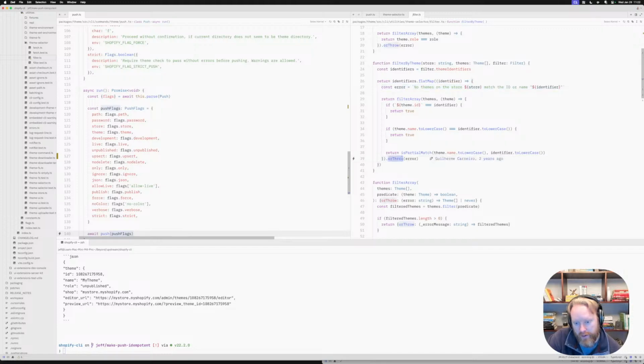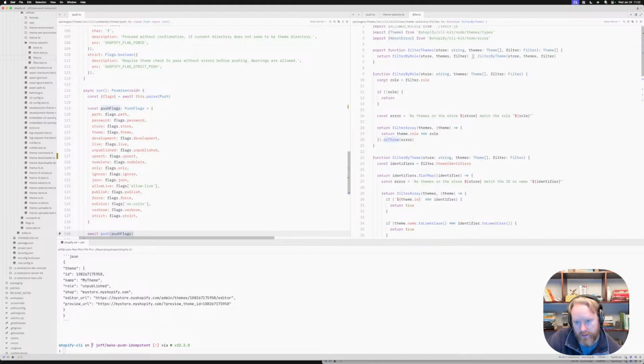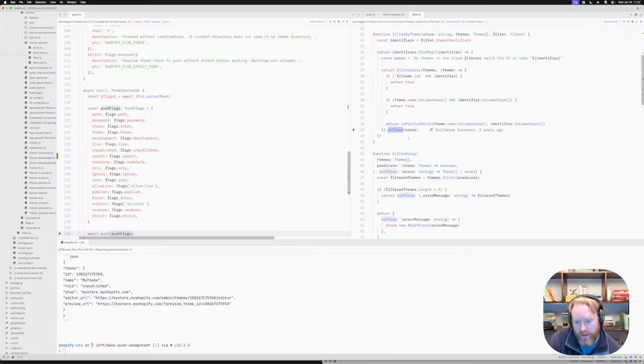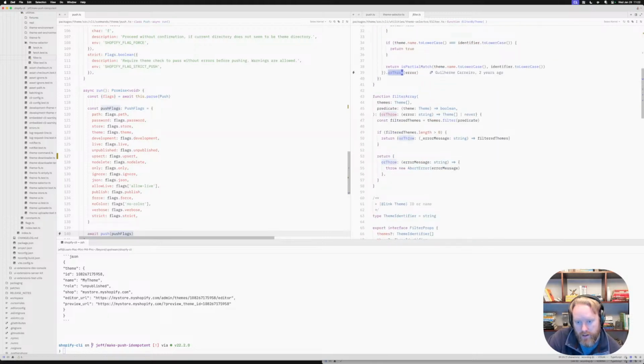Or throw error. Return. Or throw error. And it comes up and filter by role. Okay, filter array. So what we need, I think what we can do,